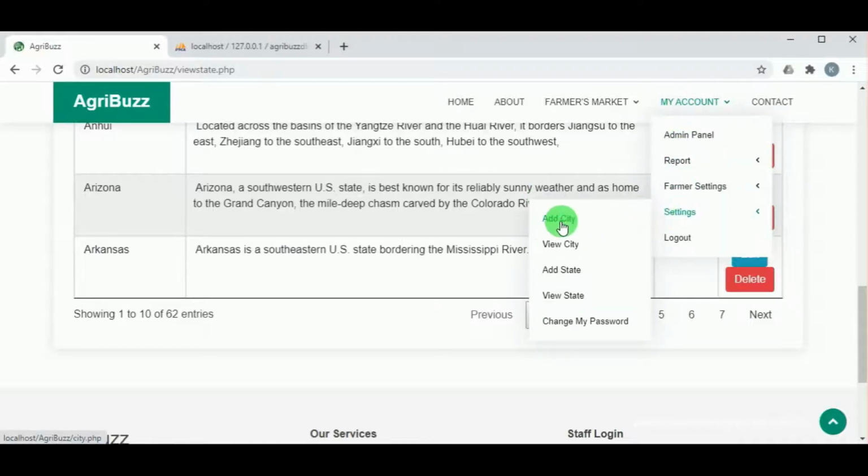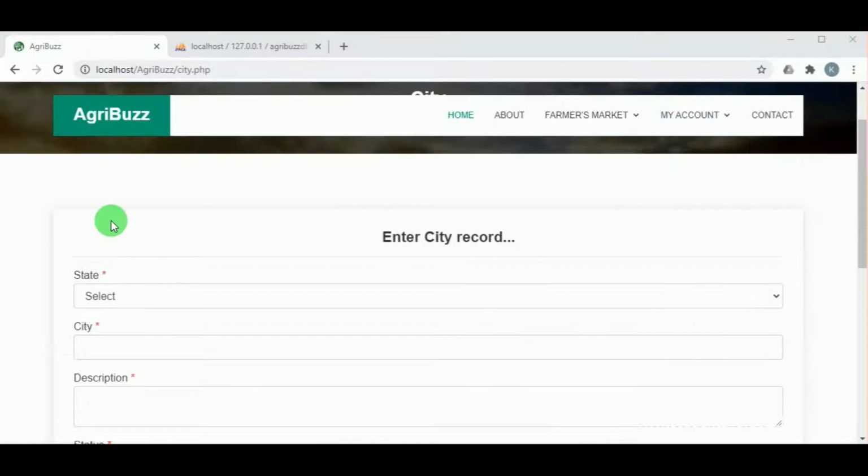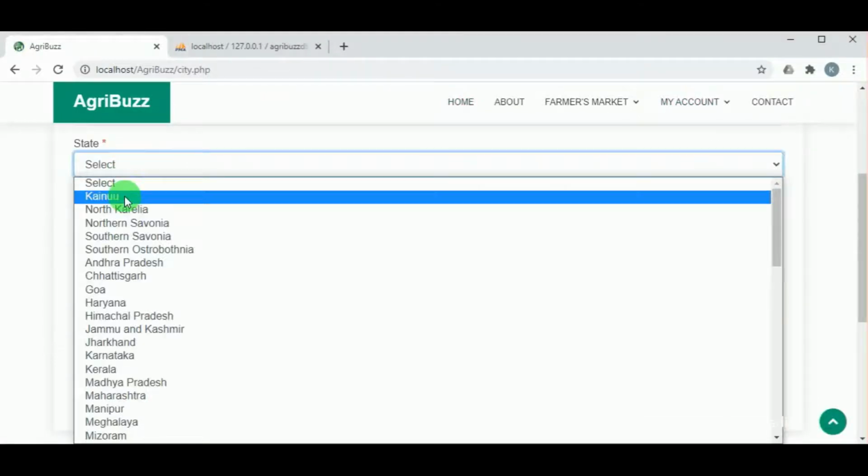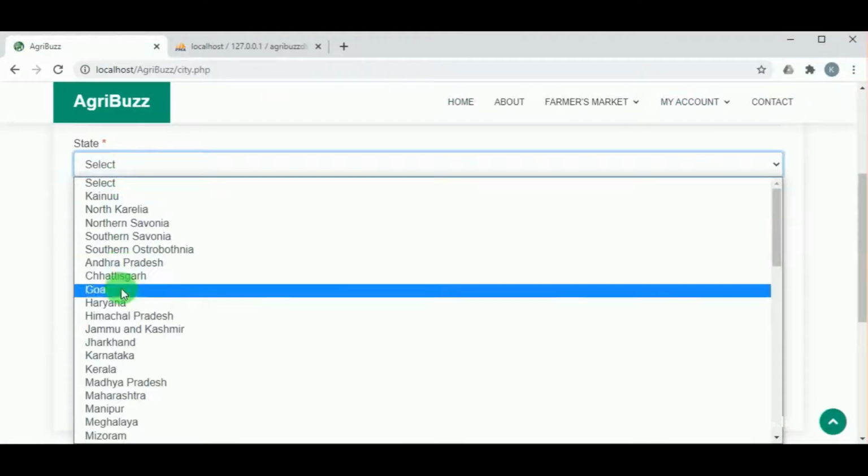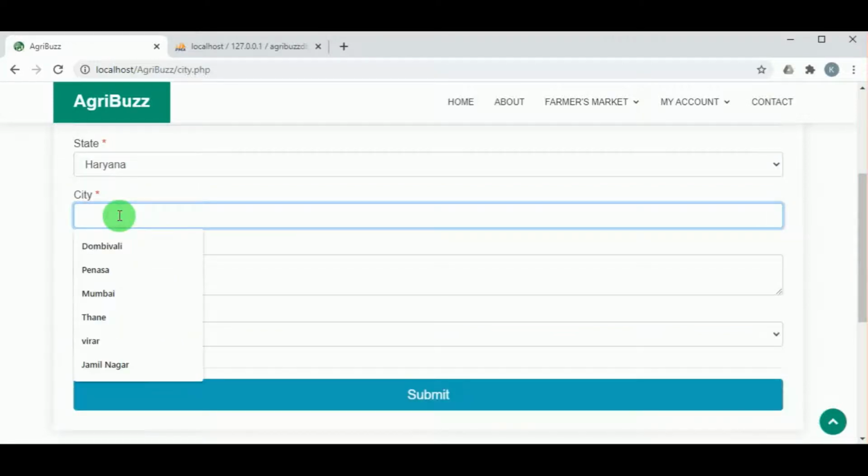Under add city, here the city must be added by selecting the particular state. Once the state is selected, the city of that particular state must be added. So this helps the farmers as well as the customers to view the products of particular cities.